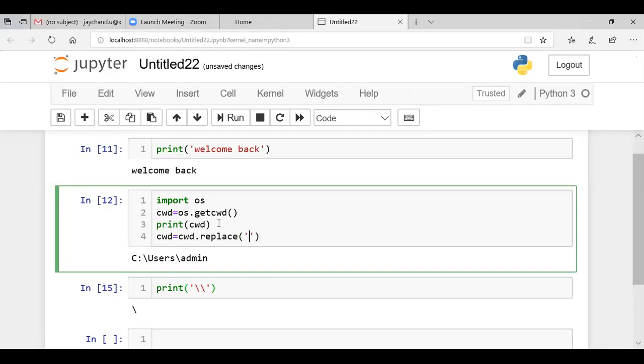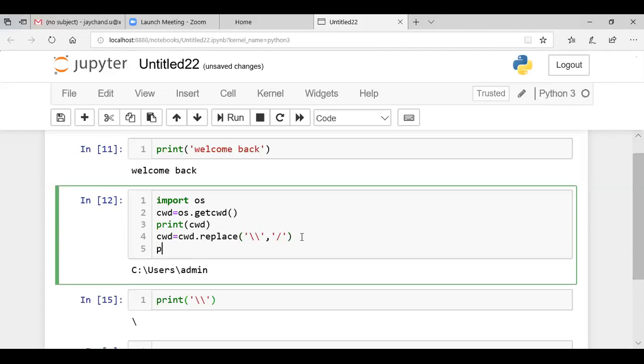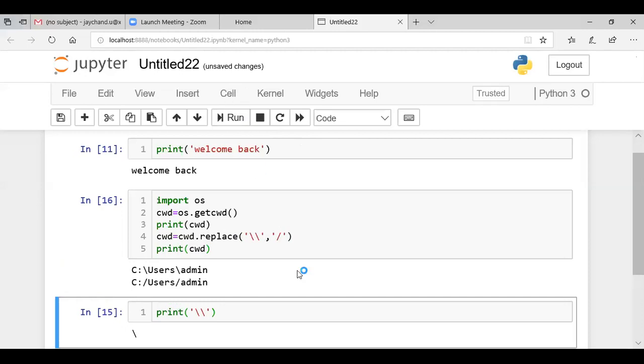I want to replace this slash, so I have to write it two times, and replace it with the other slash. This one is readable by Python. In order to read this, you have to use two slashes. Printing that we have changed.